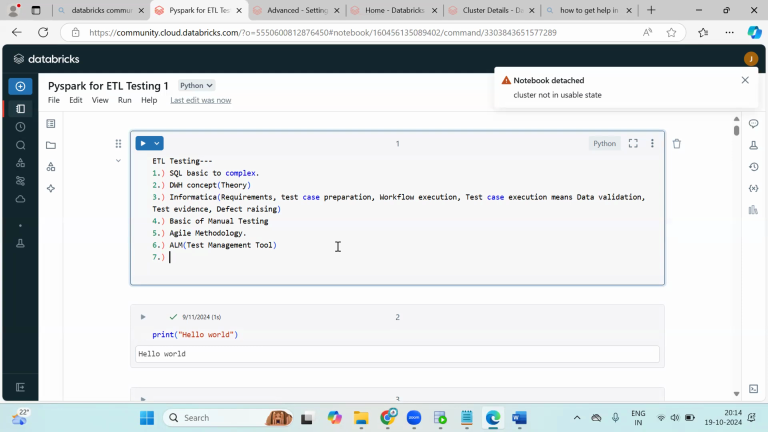Unix basic is not required. If you have time, you can learn that, but otherwise it's not required anywhere, in any company. They don't ask Unix and all. Okay, then you have